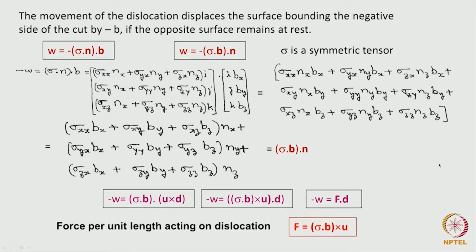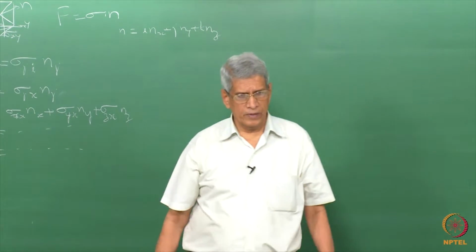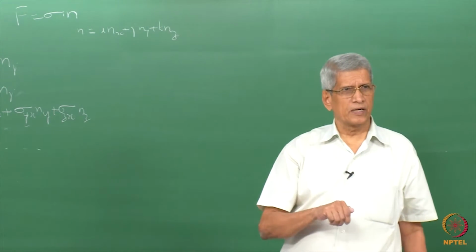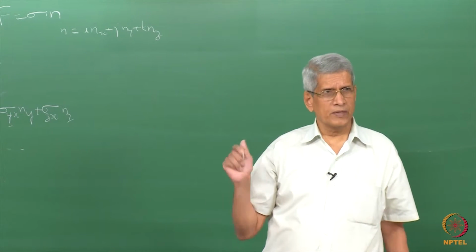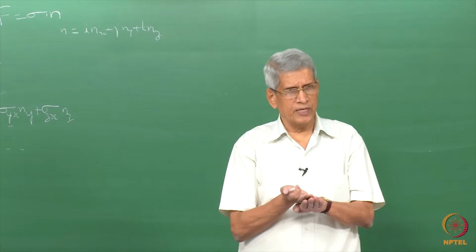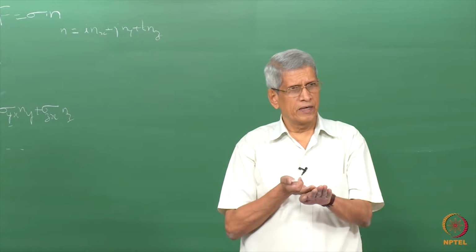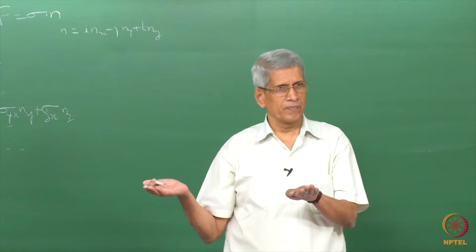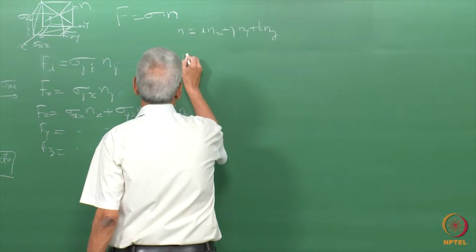When the dislocation moves, what is going to be the work done? It is this force times the Burgers vector, if we take the dot product, because you remember that when we initially derived the force acting on an area, that essentially displaces that area by a Burgers vector. So if you take the dot product, then the work will be